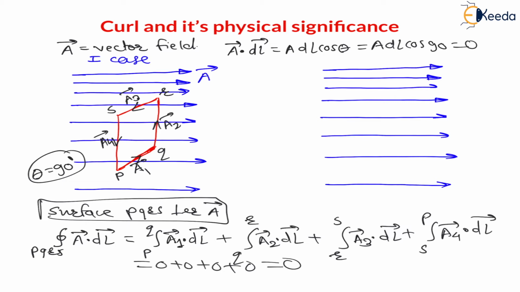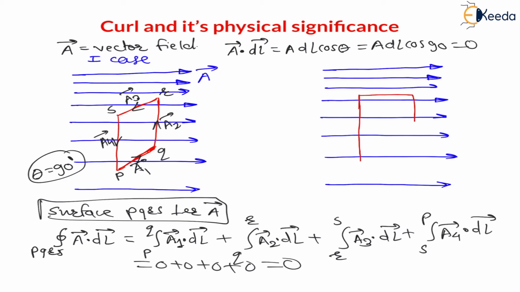But my dear students, what I will do, I will change the orientation. What I am doing, the surface orientation I am changing. I will keep PQ along x-axis and RS along x-axis and QR and SP along y-axis only. Means I am changing the orientation. Here, try to understand. As I am not here live or physically in front of you, on the board only you have to understand, you have to imagine. See, now I am changing the orientation. Means this PQ and RS I will put along x-axis. Therefore, the same surface I will keep like this.